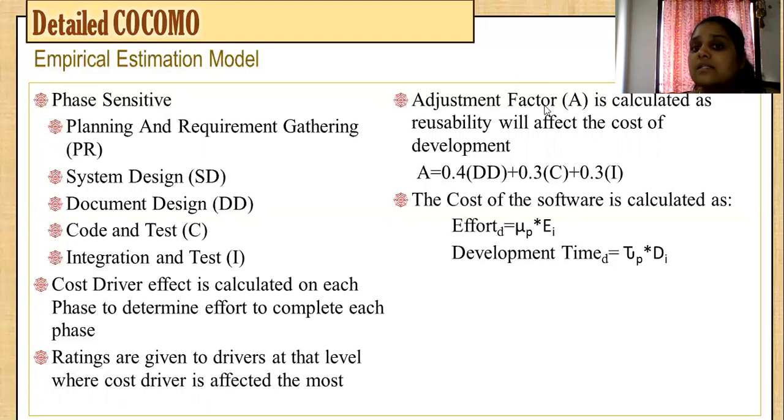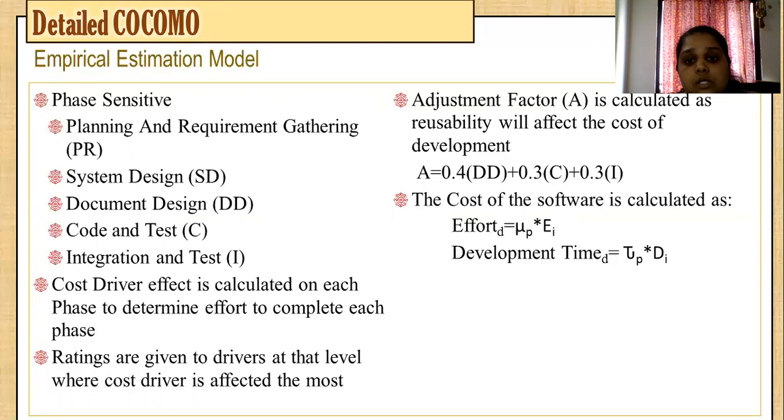You can also calculate something called an adjustment factor A. Now, what is the adjustment factor and why do you need it? The adjustment factor is calculated because sometimes your effort is reduced. It is reduced when you have certain reusability in your program, like you are using some inbuilt component and just integrating it in your software, or you are directly reusing a third party product which is available into your software without coding yourself. So there your effort is reduced. So you can calculate this adjustment through this formula.